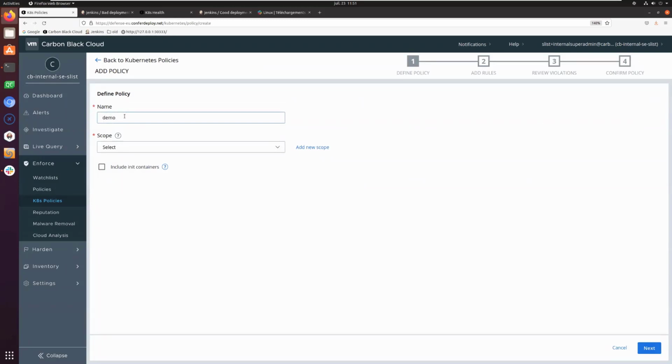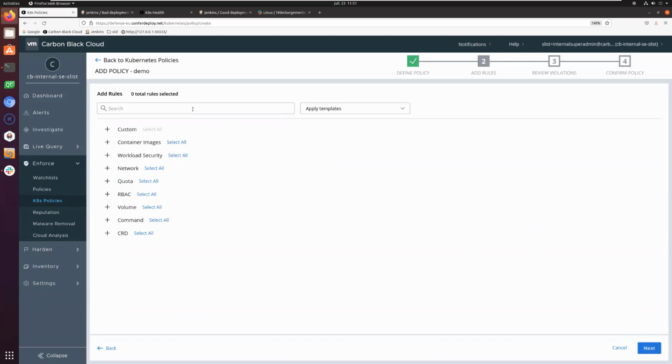Demo. We can select a different scope, so we can have a policy different for different clusters or for build, for deployment, etc. So now we will keep it simple, we will scope any.